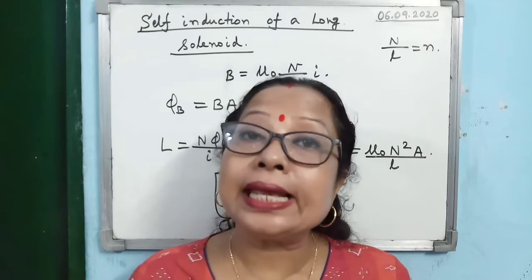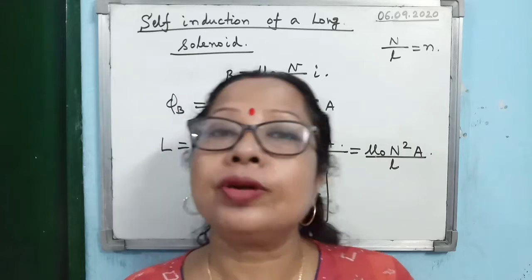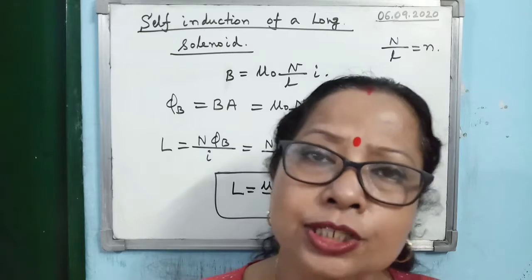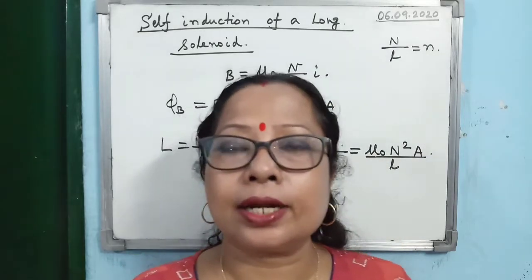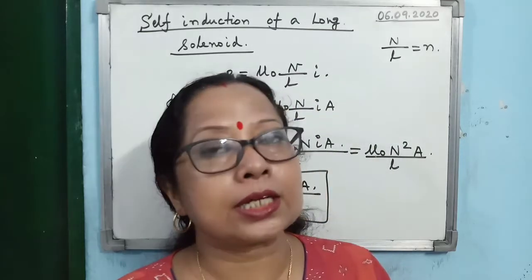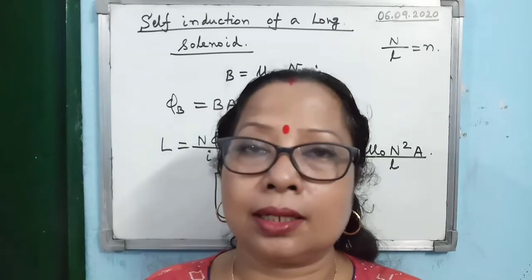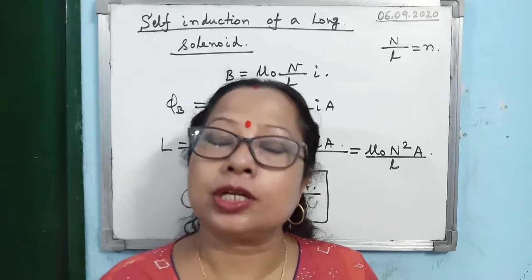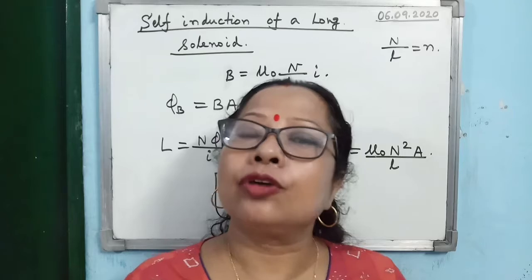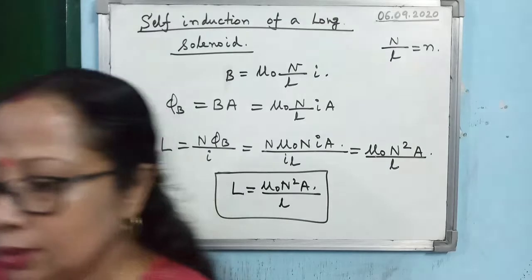So conductors, straight conductors, offer resistance, so we call them resistors. Okay, and what are inductors? Inductors are the coils, coils having several turns, through which when you pass the current, induction will take place. I will discuss another kind of induction, mutual induction, also. So either self-induction or mutual induction will take place, meaning you can associate one term with each of this kind of coil, that is coefficient of self-induction or coefficient of mutual induction. That's why these kinds of coils are known as inductors.